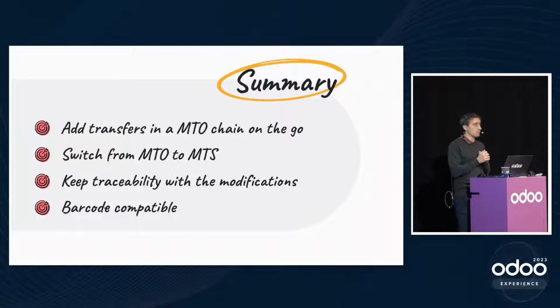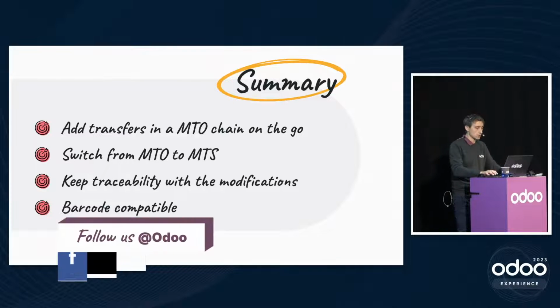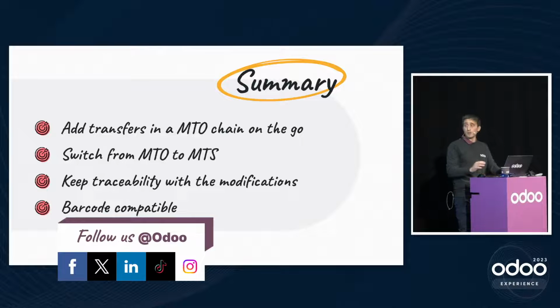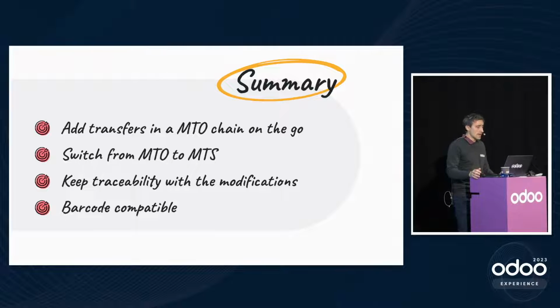So for constraint of time, I didn't show you every time which push rule I had created, but the logic is always the same. When you want to trigger a push route, you just create a push route to say that when the product arrives here, even if it's not expected at the very beginning, you should create a transfer to bring it somewhere else and go back in another chain of transfer or join back the transfer you had created before. Finally, you keep the traceability of everything with these modifications, and it's barcode compatible, which is, of course,